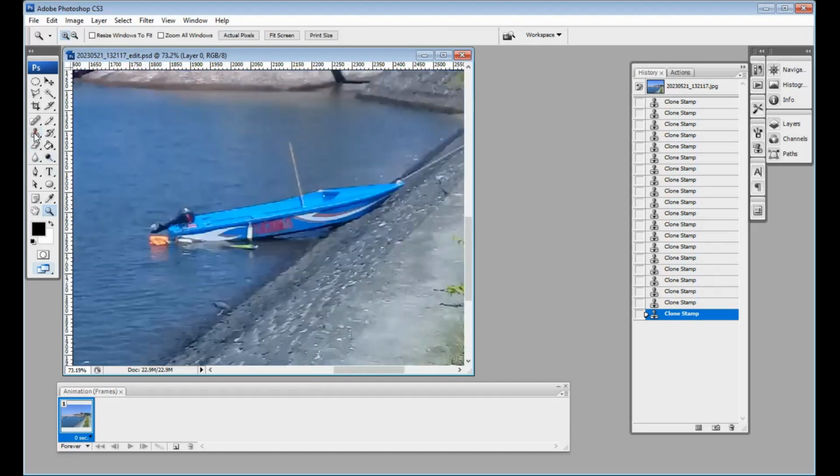Yeah, I still use the clone stamp like this. Hold, click. Yeah. Okay. Or another place, hold, click. Yeah. Hold, click. Yeah.